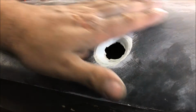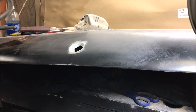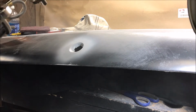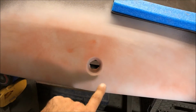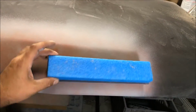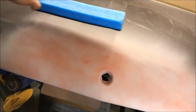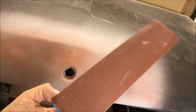Alright, before you go too far with your body work, we need to stop and get some primer on this. Alright, so we finally got the body work where we want it. We're going to keep it like that. Since we put primer right here, we want to block this off as flat as possible so this flat panel doesn't look distorted. So we're going to block here, here, here, here with a long 320